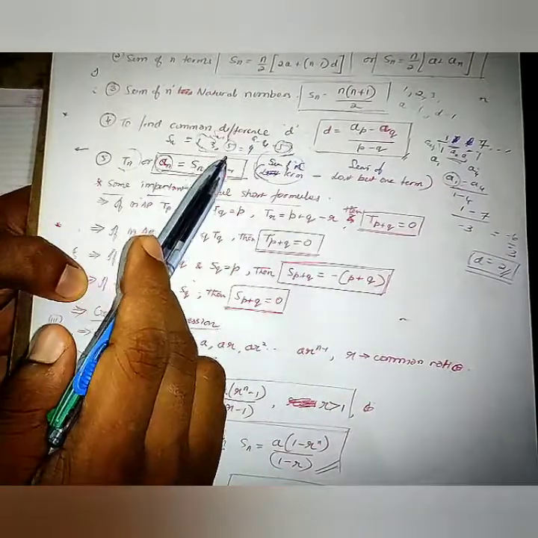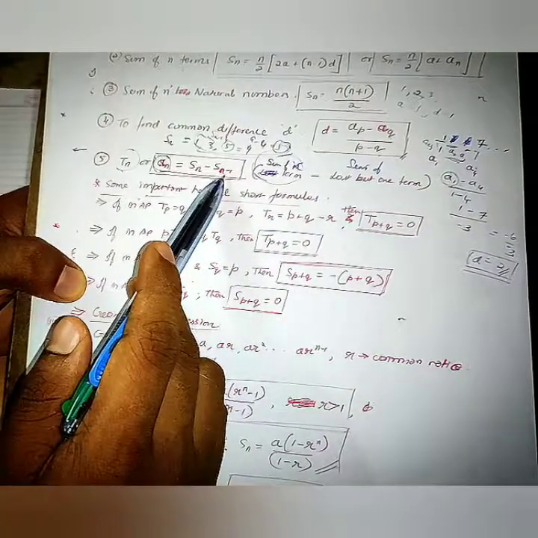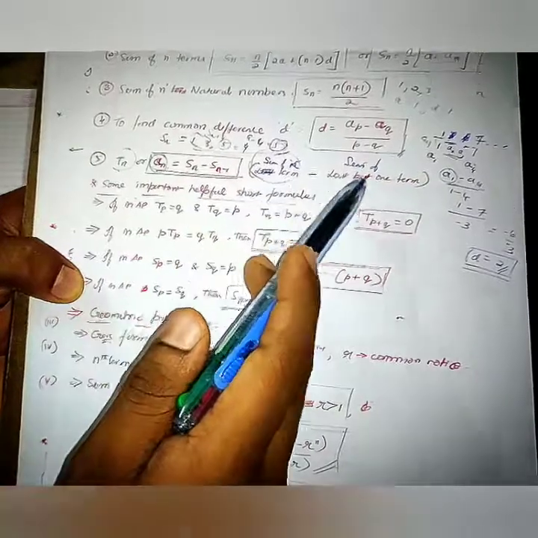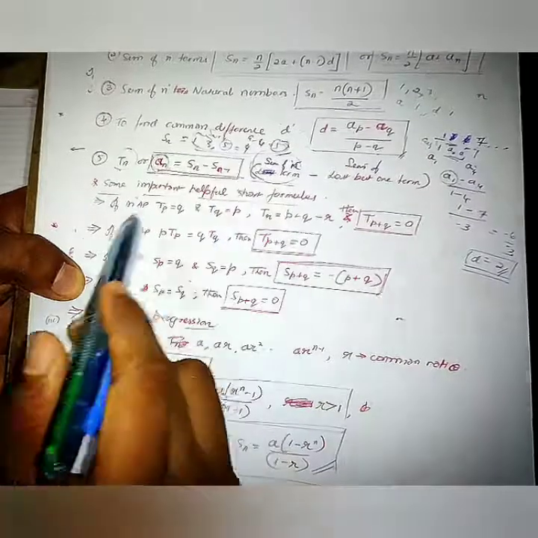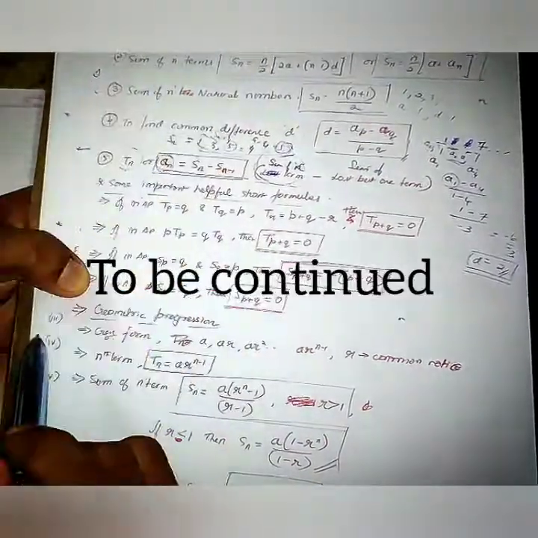That is, Tn is equal to Sn minus Sn minus 1, which means the sum of n terms minus the sum of the last but one term. Remember this; it will be helpful for you other than these as well. Okay, then